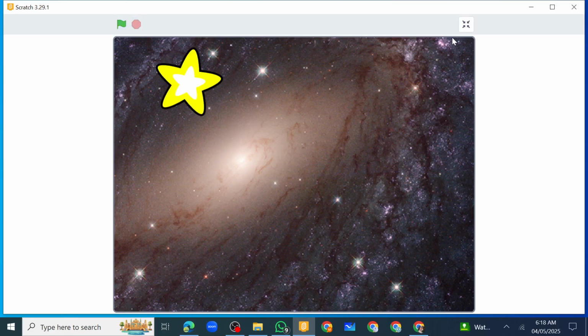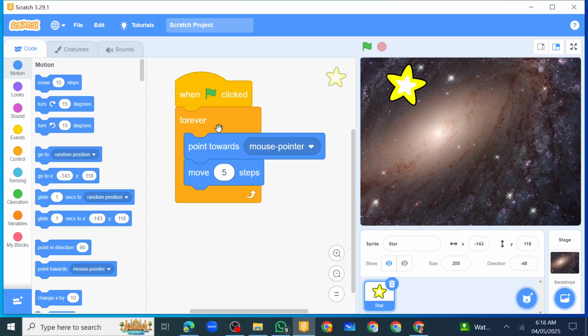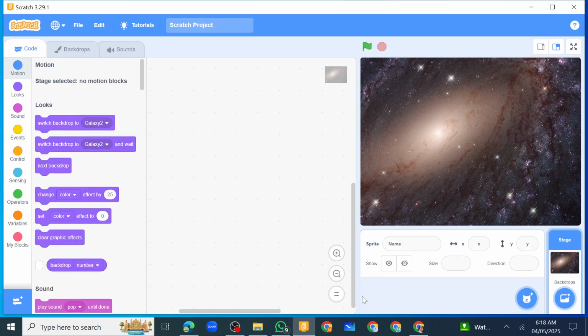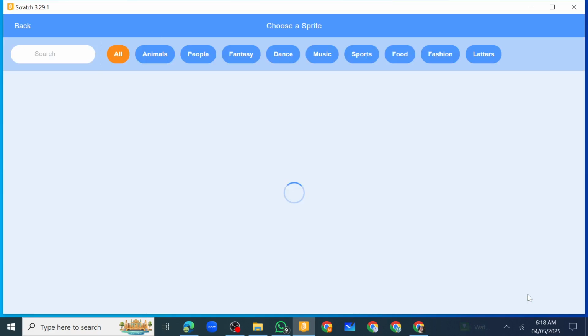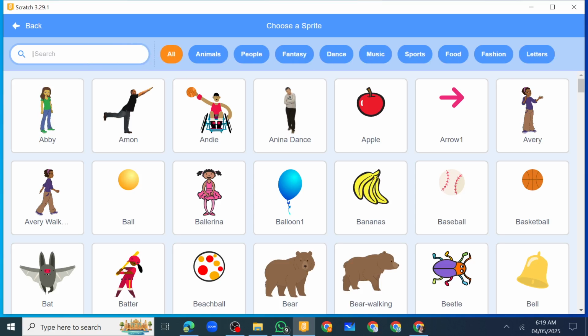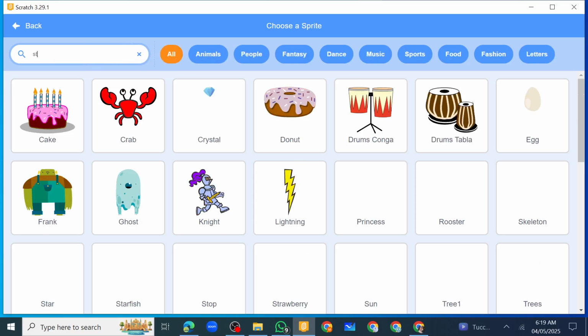In order to make such a program, you need only 4 commands. And if you don't know where you can find the commands, so follow the steps. I will be deleting the sprite and then we can start from the beginning. First, you have to go here and choose a sprite. For my program, I'm using a star sprite, so I will go to the search bar and write down